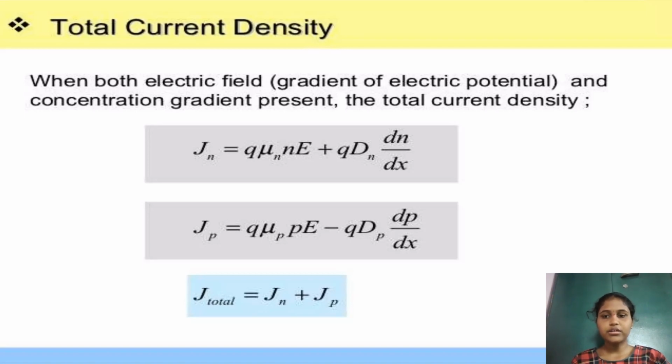Then the total current density J total is equal to Jn plus